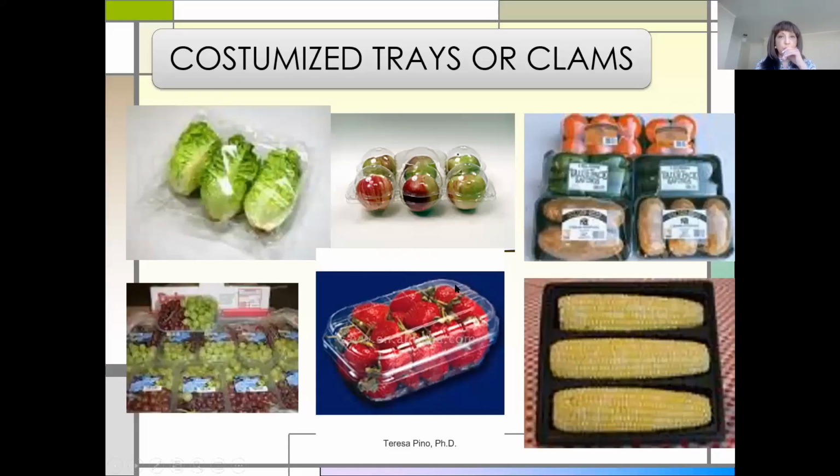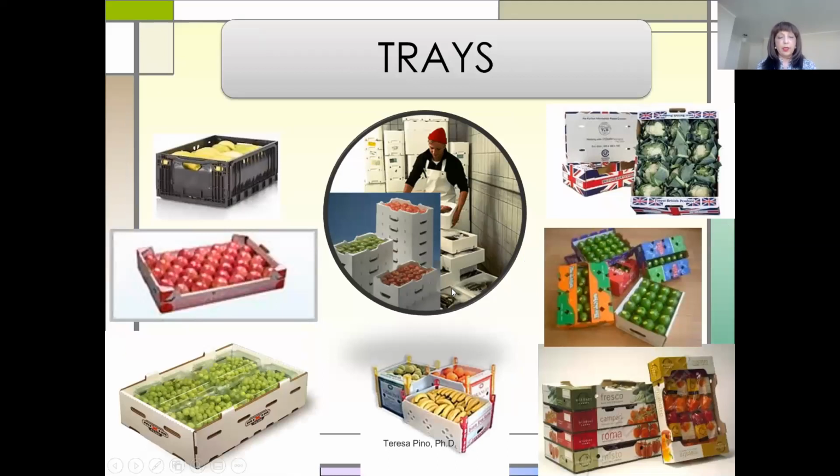So we were talking about produce packaging and the characteristics of produce packaging. Let's see if you remember. It's got to be sturdy, resistant. When you put one on top of the other, do you remember how that is called? Anybody? Stackable. And it has to allow ventilation. If you notice, most of the boxes allow ventilation. They're not totally closed. So these are the trays in general, and they may be in 3 types of material: